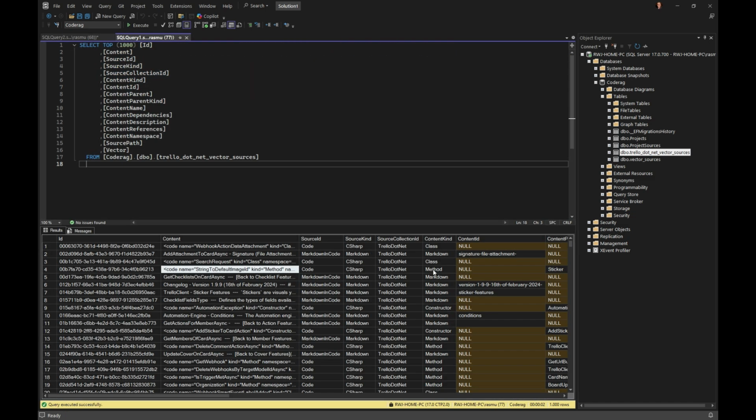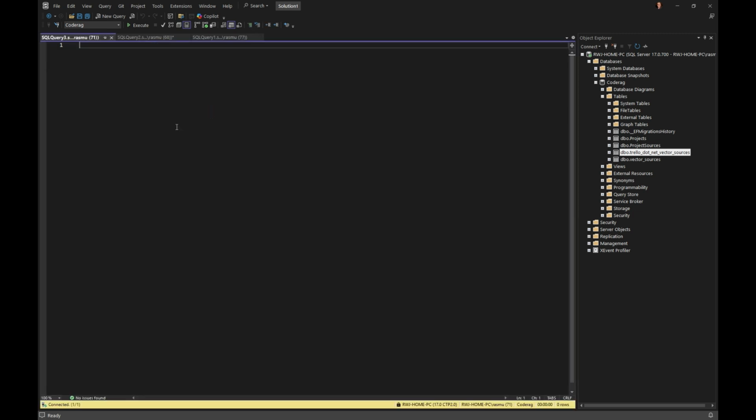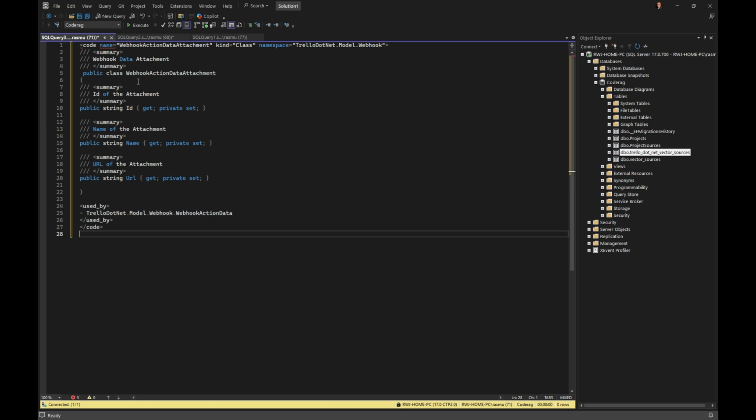While if we take a class, see what we have here, we instead get a class that shows the different properties we have on that class. And since this class is used by others, it has a used-by section down here. So the AI will know this class is actually being used by this system. Let's go back.